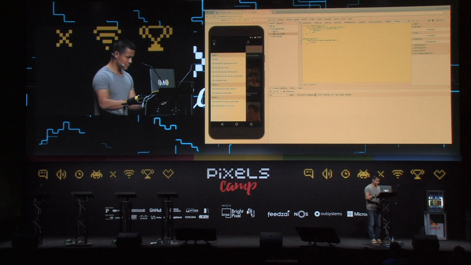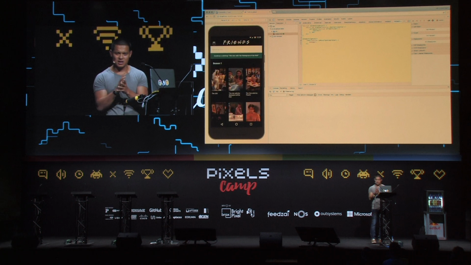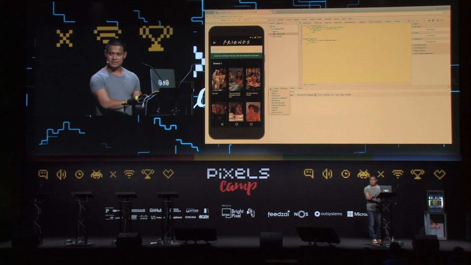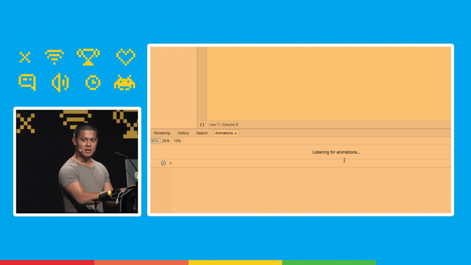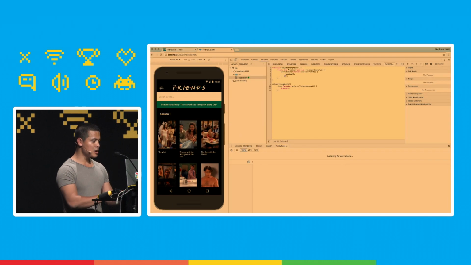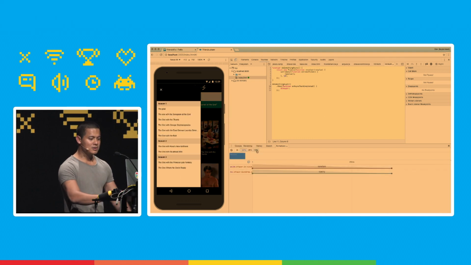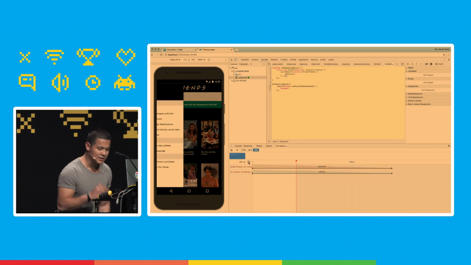All right. So which is this one? Yeah, it does look like it's moving vertically, but I want to examine it a little better. So what I'm going to do is I'm going to go to this menu over here, animations, and then it's going to listen for animations. And with that turned on, I'm going to reanimate. So it captures something over here. Now I'm going to slow it down to 10% of its speed, replay it, and then we see exactly what's